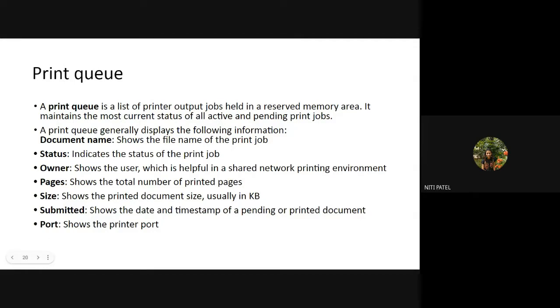That is D25. Why is it called 25? Because it has 25 pins, and to those 25 pins we connect our printer, and therefore it is named the D25 port, or it is also called the parallel port. Now, why is it called D? Because it is in the shape of D. Now, you might have seen it in our colleges also. I'll just show you how it looks.